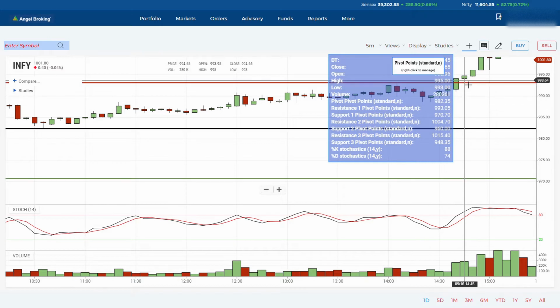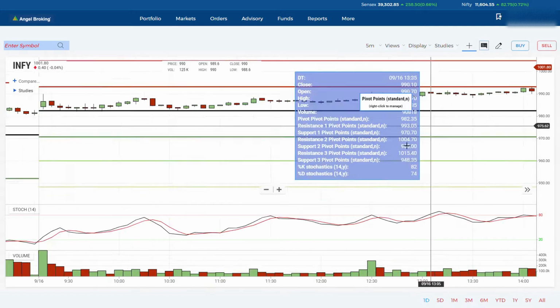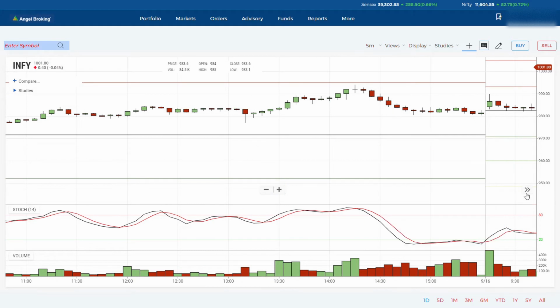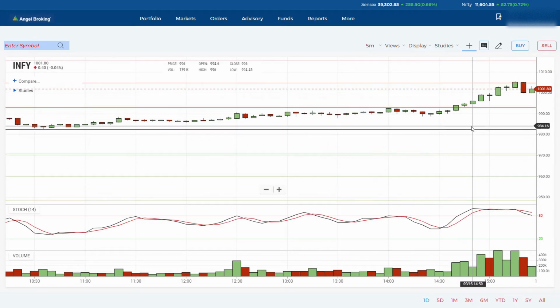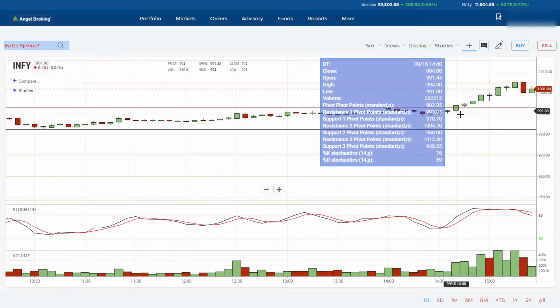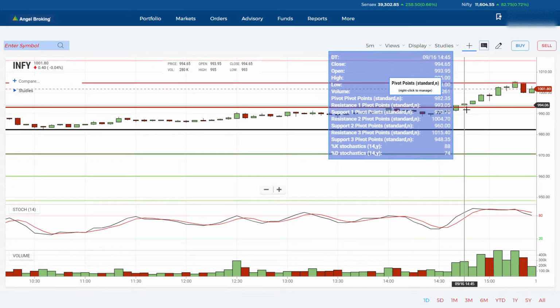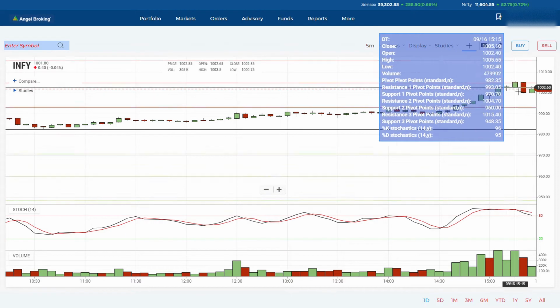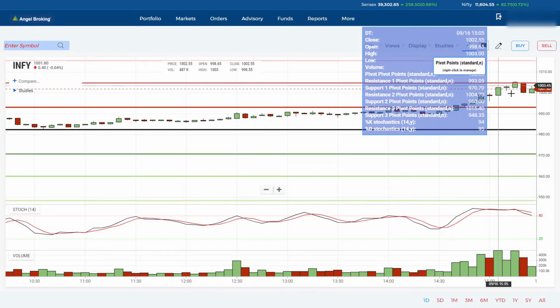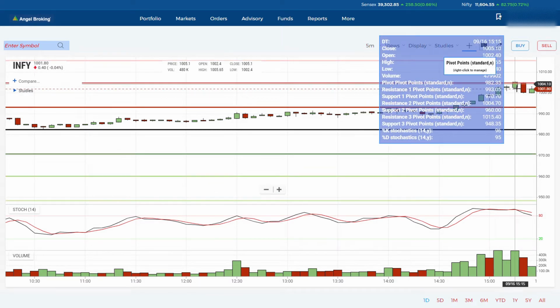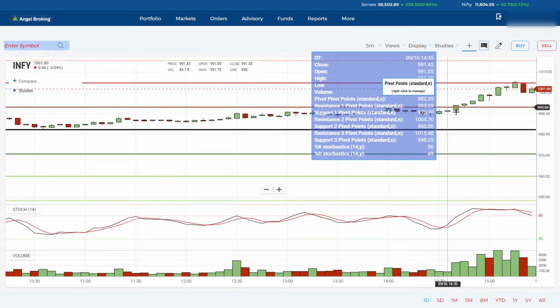So if you take a trade here, then you can see it has gone till... so this was our breakout, and it broke resistance one and goes up till resistance two. Sometimes it goes even beyond resistance, I mean two or three, or sometimes it gets a rejection here and it could come down also. But look, we are getting a good signal, right?